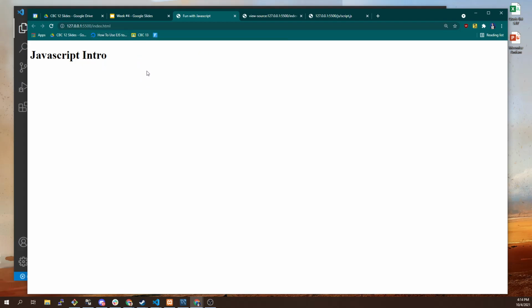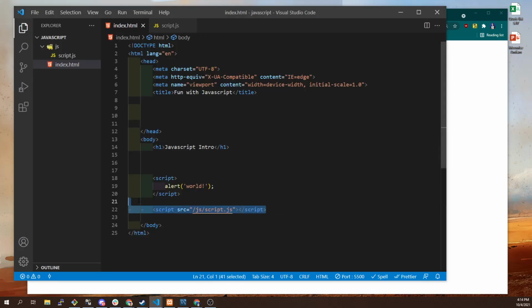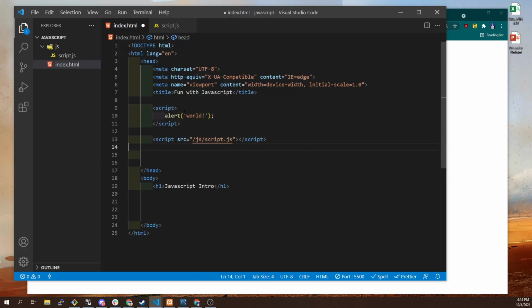We cannot guarantee the order in which these things are going to execute. We are going to learn how to control that, but it's important to note that generally when you're embedding JavaScript like this in your page, you can place these script elements wherever you want. It's generally best practice to keep them in the head so that when you're developing products, you know